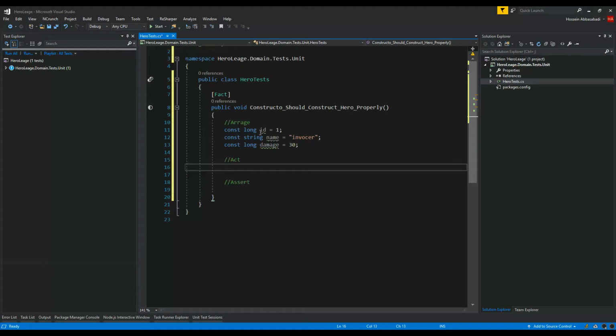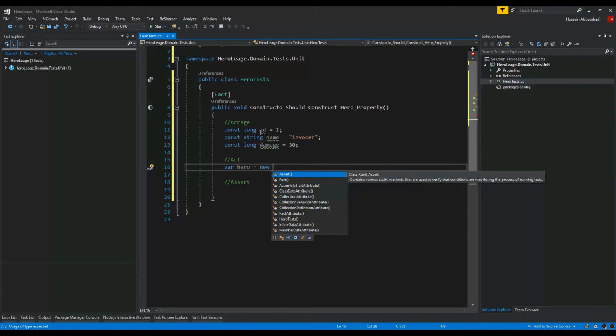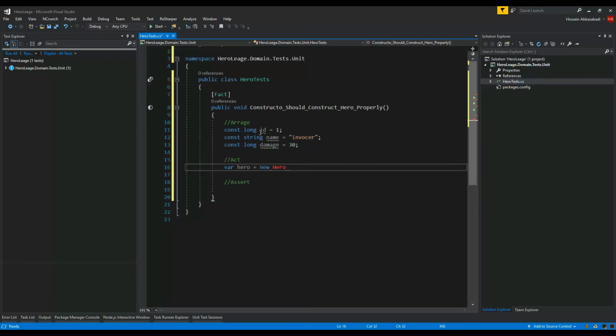I want to act, so I say var hero equals new. How can I call the constructor of an object? I should new it hero, but there is no object called hero that takes ID, name, and damage. Well,